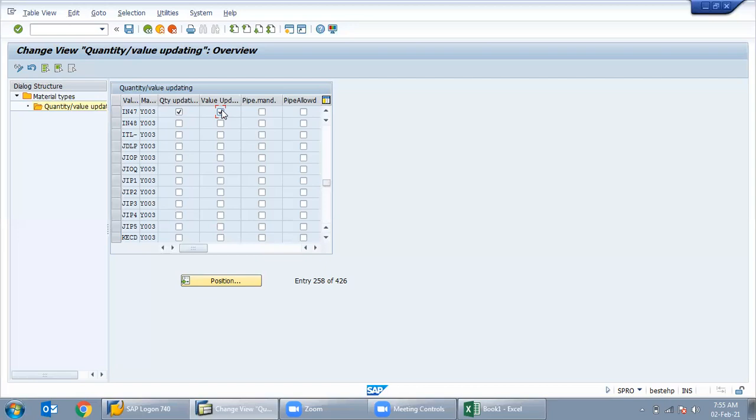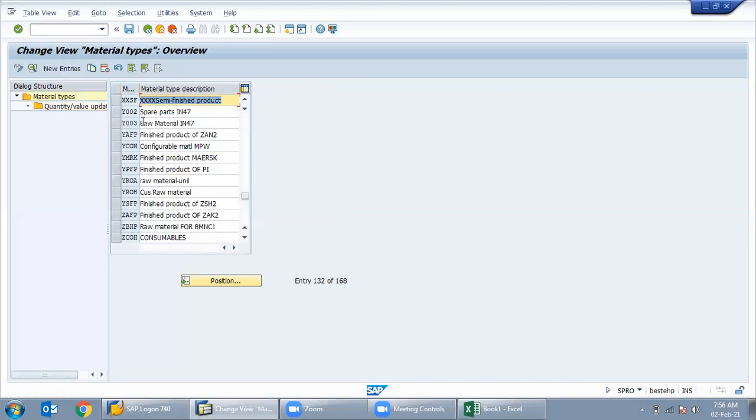There is a setting where the GL is mapped one time, and the system will update the quantity and value accordingly. If we do not select that checkbox, we have to put the GL every time. So it's better to assign it one time and select both checks. Okay, just save it and go back.